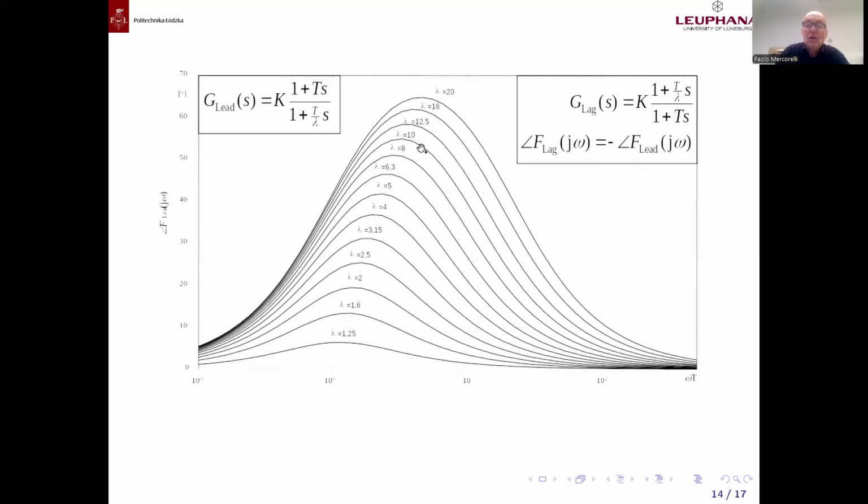I can also consider lambda equal to 12.5 and read when this happens. We can consider more than one solution. We have this one, and this one. But why do we take the maximum? Because we want to minimize the sensitivity